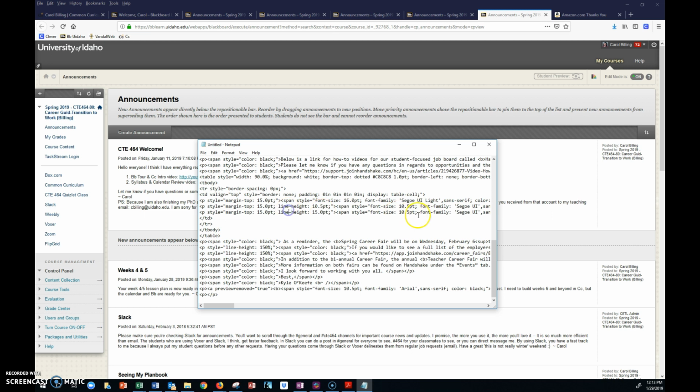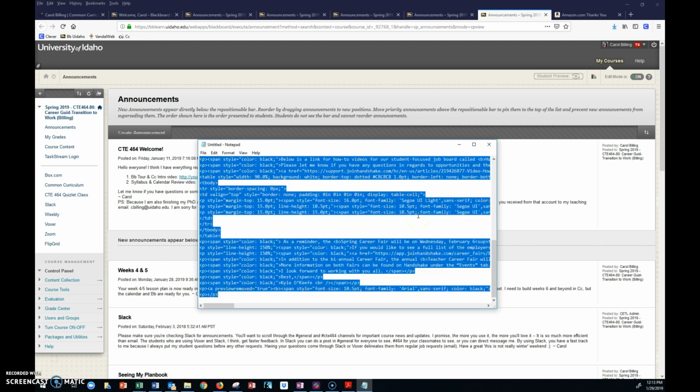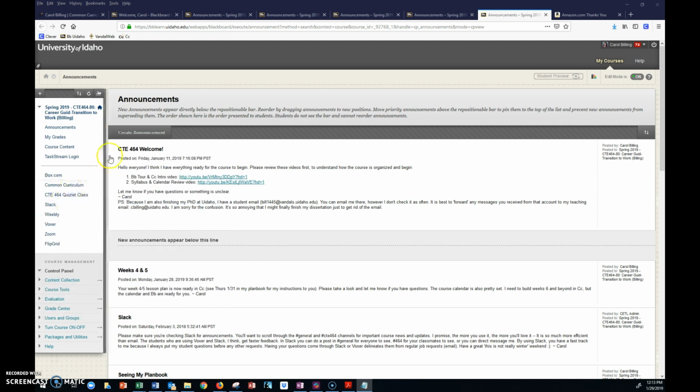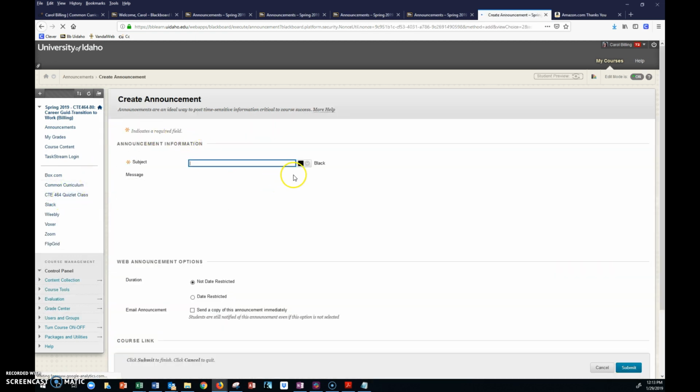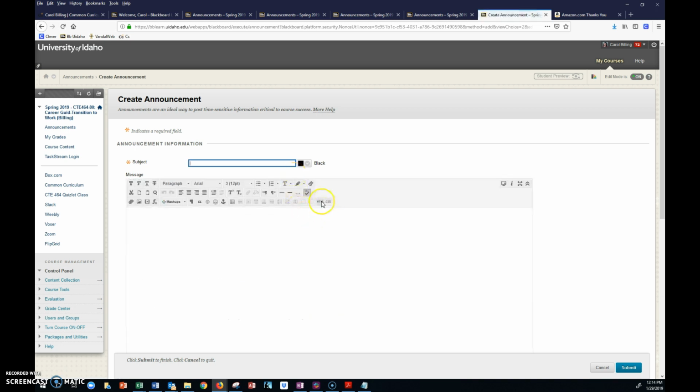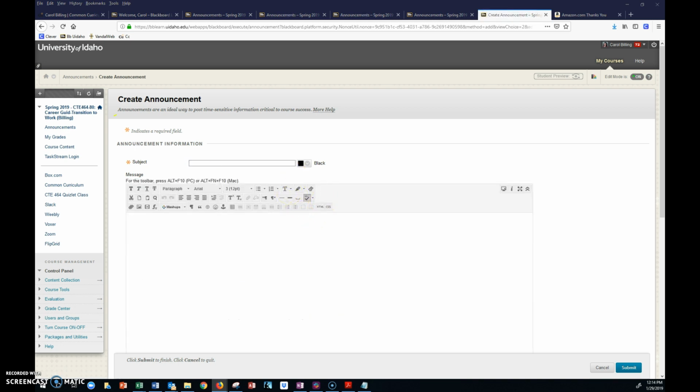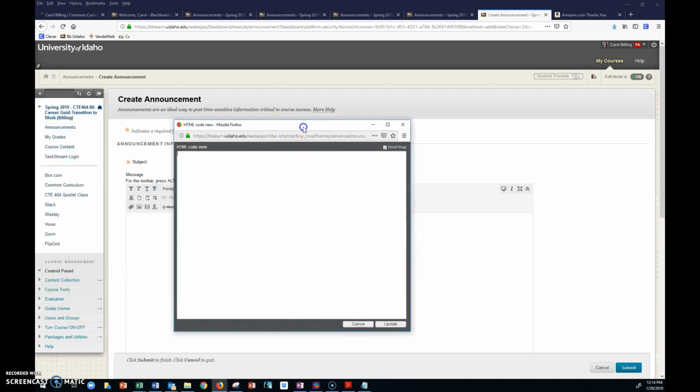you'll get a file that looks like this. So all you want to do is do Control A, which will select all of it, and that's A as in apple, Control C as in cat, which will copy all of it. So now it's copied to my clipboard. I go create announcement, and then I'm going to click the HTML button here,